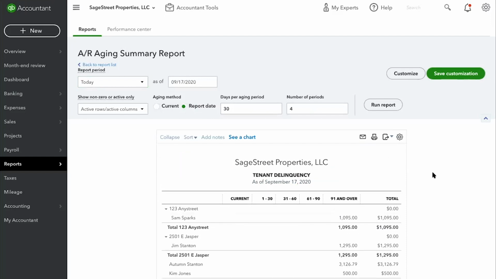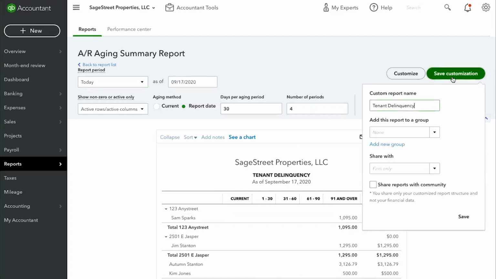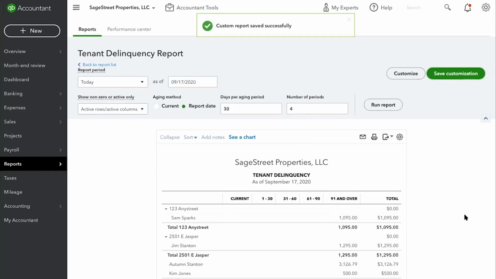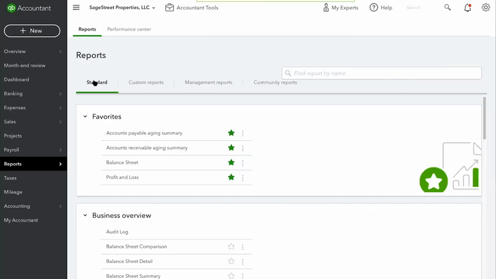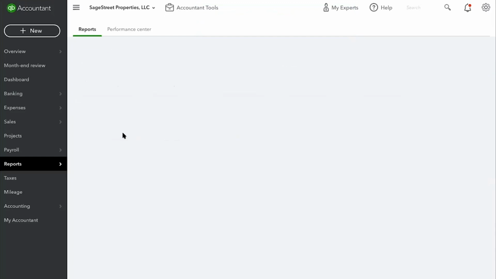Now, one thing I like to do here is this is technically an AR aging summary. But I like to rename things the way that I'm kind of used to seeing them in the property management world. So tenant delinquency. And then we're going to save this customization, tenant delinquency, month-end reports. Go back to the report list,